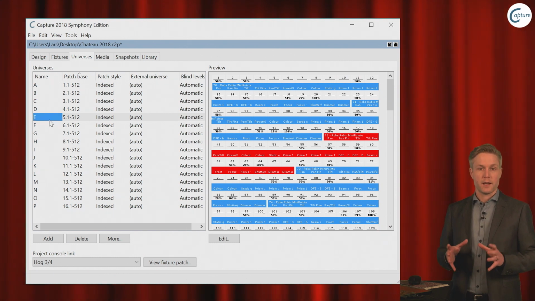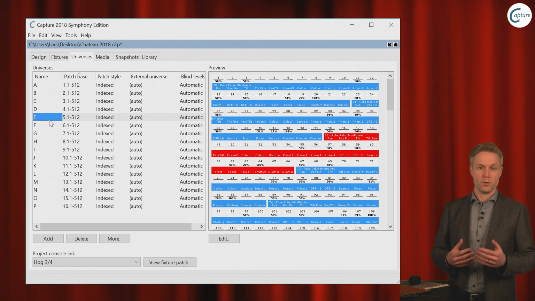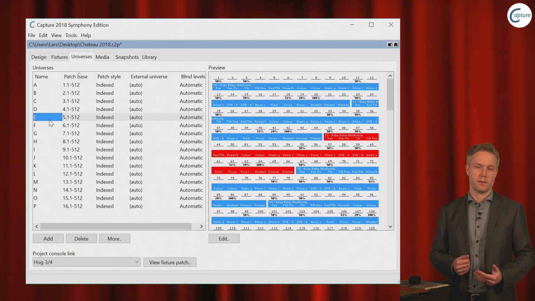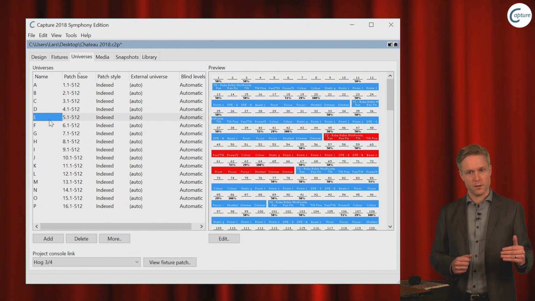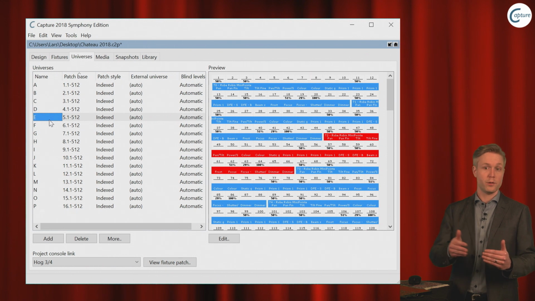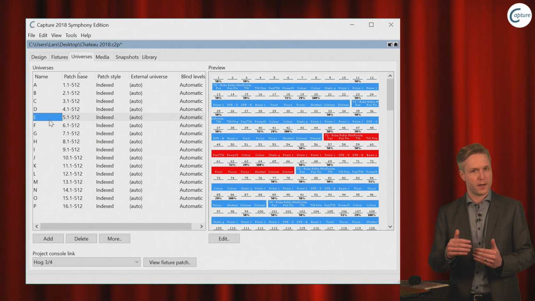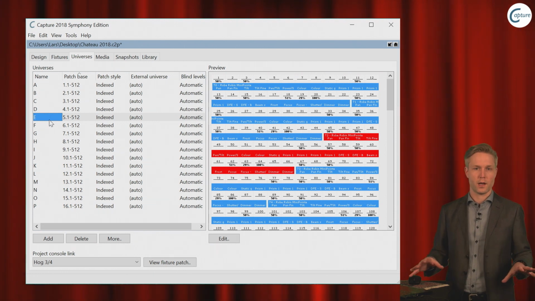The left-hand side sees some changes as well. The most notable one deals with the way universes sort and manipulate in the design. It used to be that when you renamed a universe, it changed position in the list, and with that, it would change which external universe it was linked to, unless you had done a manual override. Now, this could lead to some messy and confusing situations, which we have gotten rid of now with